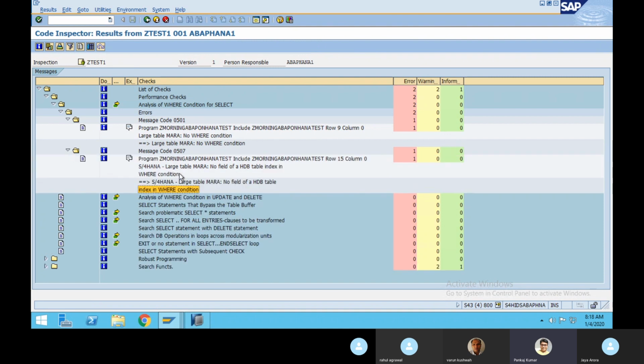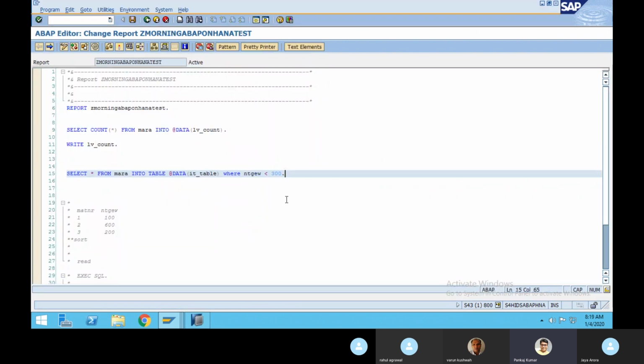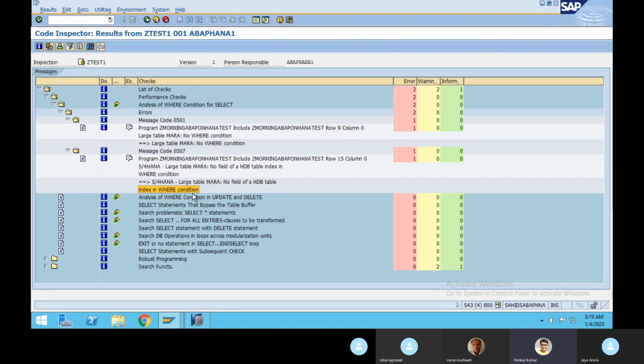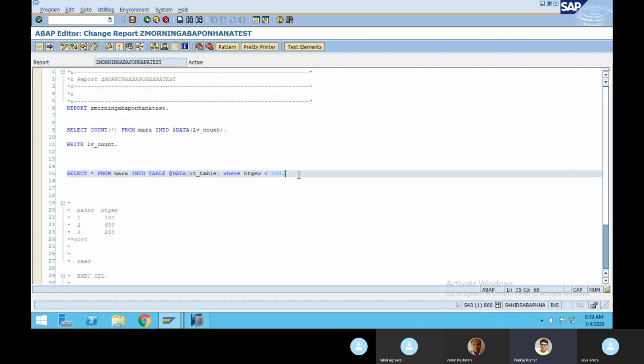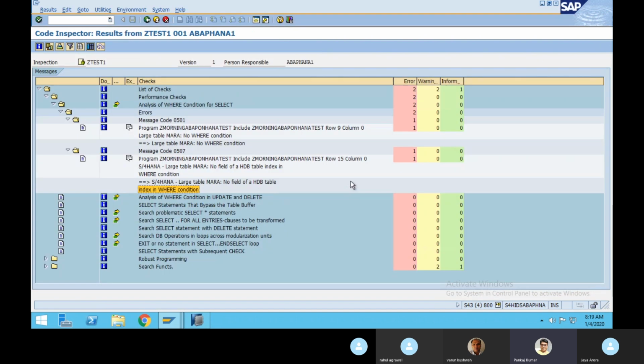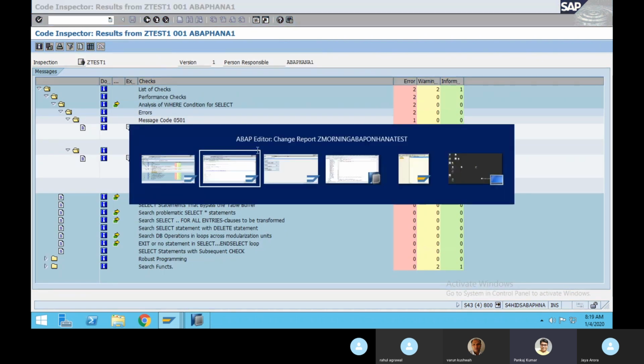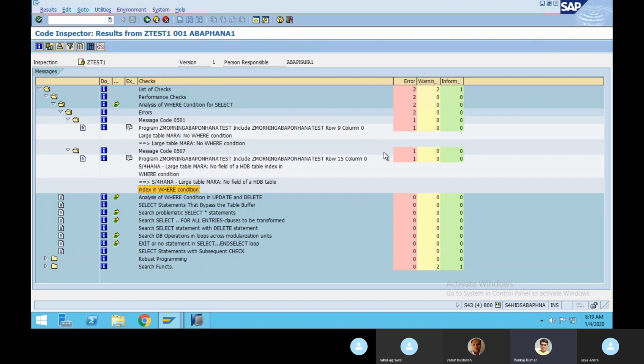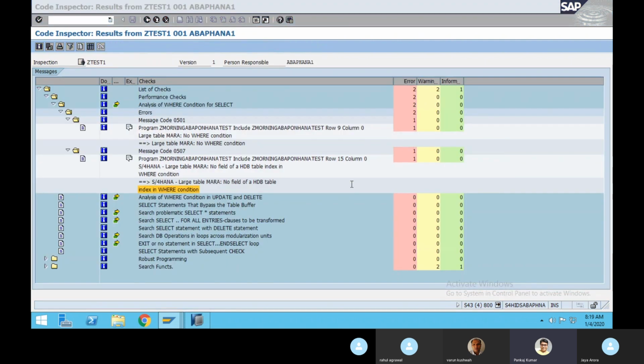We cannot always rely on this result, so we have to check, and if we find that everything is fine, then against this comment we can take a screenshot and say that we have given the where condition, still this is showing. Sometimes your reviewer will ask why it is showing again and again if you have used the where condition.